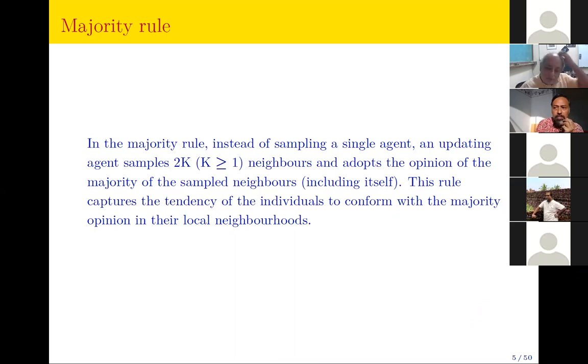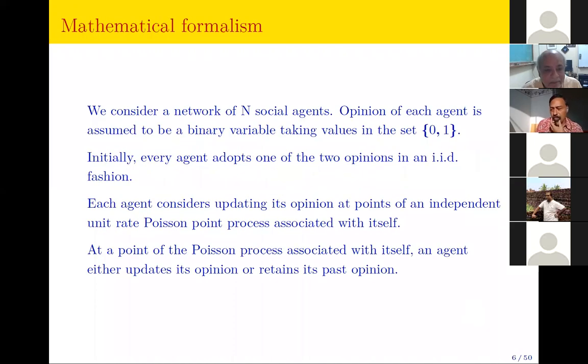And this rule basically captures the tendency of the individuals or in the society to conform with the majority opinion in their local neighborhoods. Not that it's a good thing to conform to the majority opinion, as we know in our own country nowadays, but still, it happens. Okay. So mathematically,